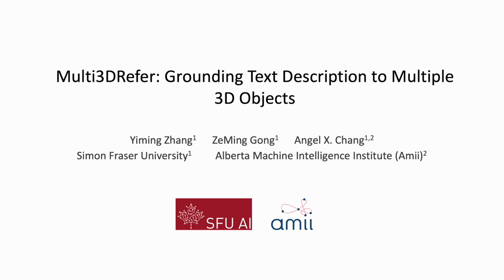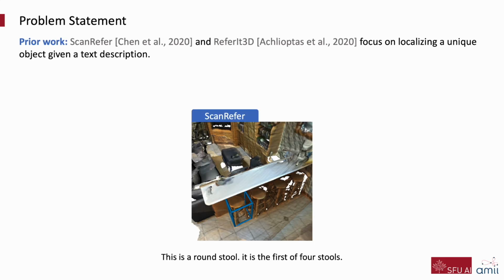We introduce Multi3DRefer, grounding text description to multiple 3D objects. Existing 3D visual grounding tasks focus on localizing a unique object given a text description. We argue that such a strict setting is unnatural, as localizing potentially multiple objects is commonly necessary in real-world scenarios